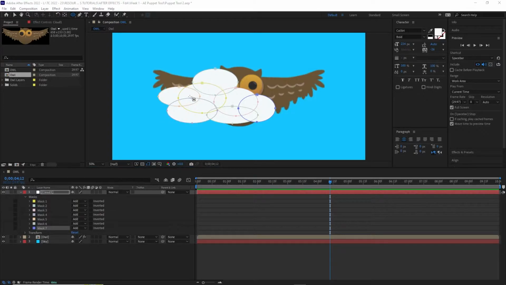So these are the unmasked areas that are white. Sorry, rephrase that. These are the masked areas that are white. So we've got 7 little independent masks here. If we shift click on all of them